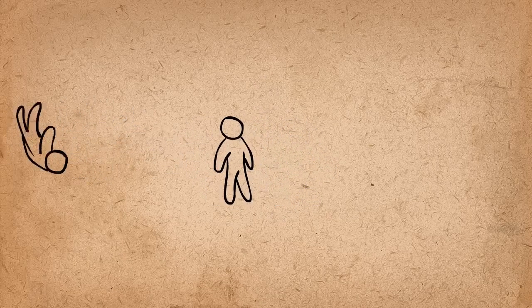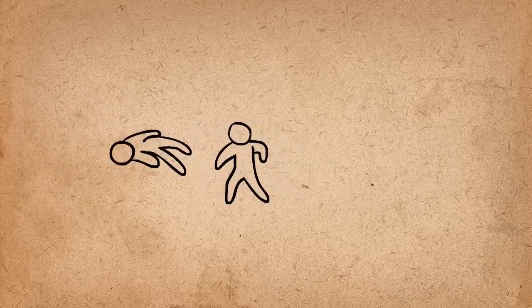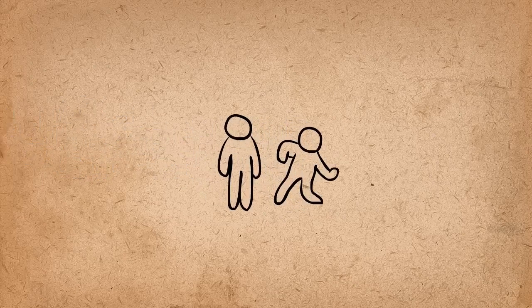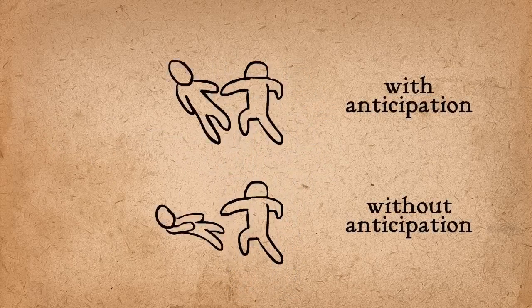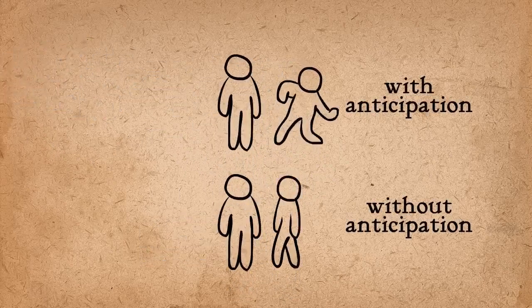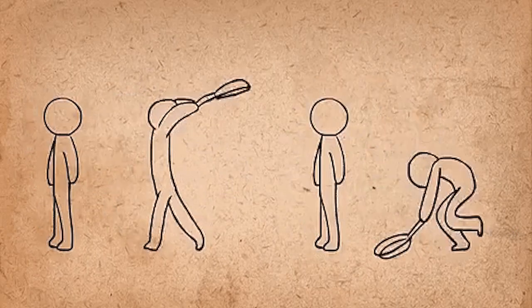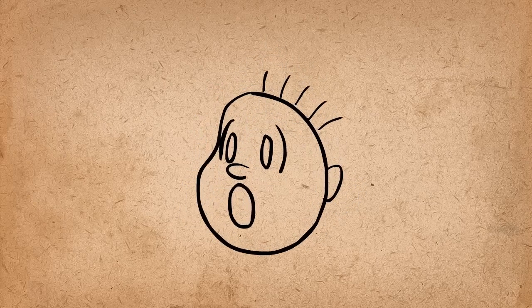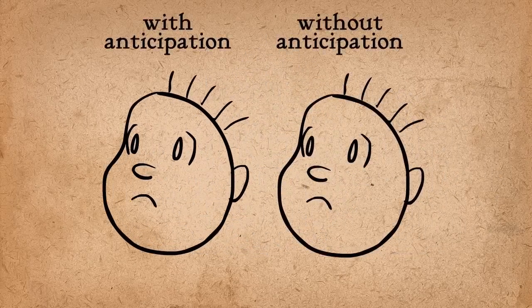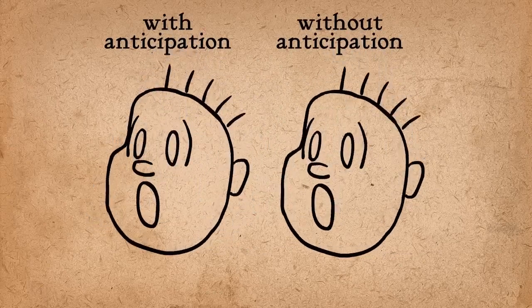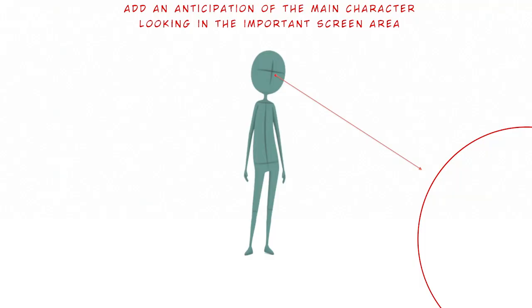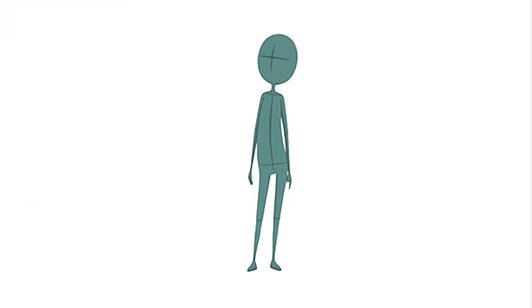Here's another example, a punch. To add power to the punch and communicate to the viewers that he is about to punch, he reaches his arm back and then punches. By contrast, having no anticipation results in a very weak punch. The face actually uses anticipation as well. Instead of immediately stretching up, the face squashes first to anticipate the stretch and give it more power. Anticipation helps communicate action to the audience by preparing them for the next action.